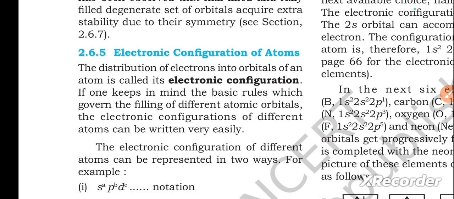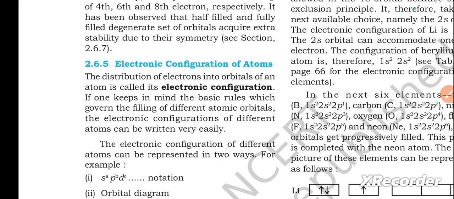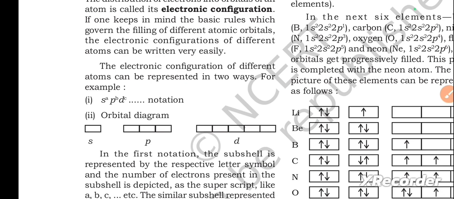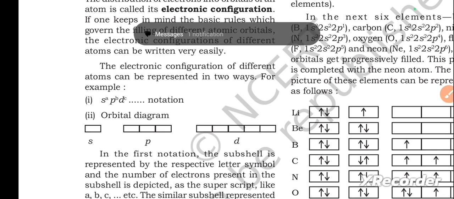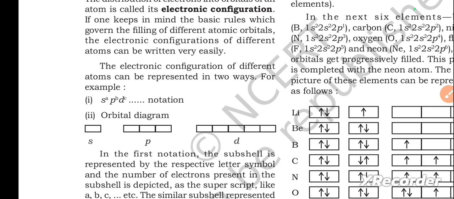Next, electronic configuration of atoms. The distribution of electrons into the orbitals of an atom is called its electronic configuration. If one keeps in mind the basic rules which govern the filling of different atomic orbitals, the electronic configuration of different atoms can be written very easily. The electronic configuration of different atoms can be represented in two ways. For example,